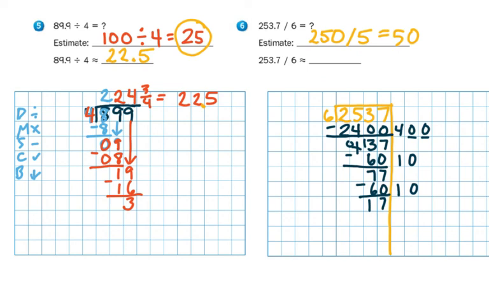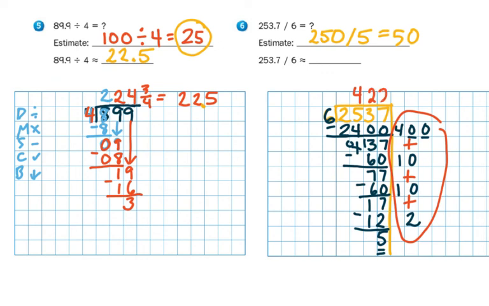How many 6s are in 17? Well, 6 times 1 is 6. 6 times 2 is 12. 6 times 3 is 18. That's too many, so it goes in there twice. 6 times 2 is 12. And my remainder is smaller than my divisor of 6. So add these up. 400 plus 10 plus 10 plus 2 is